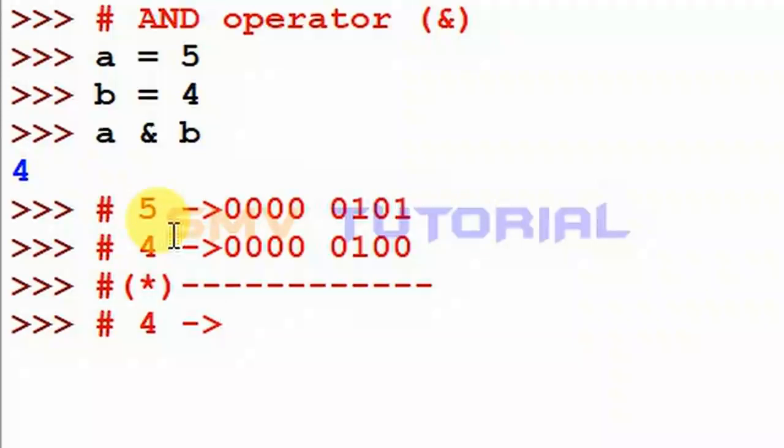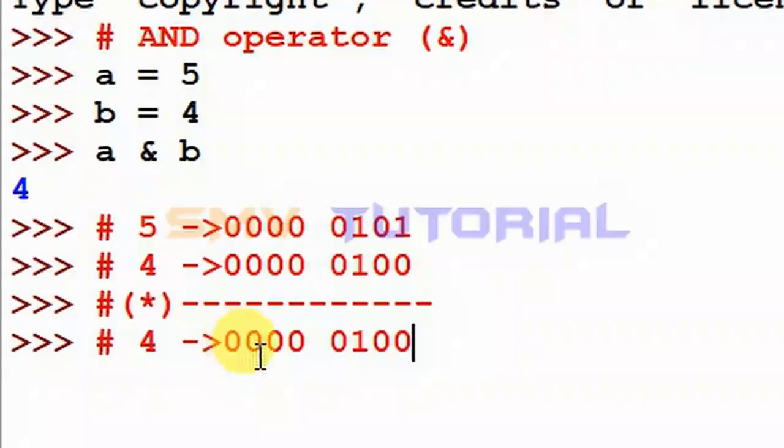The first bits are 0 and 0, so 0, and so on for the zeros. Then 1 and 1 is 1, then 0 and 0 is 0, and the final one is 1 and 0, which is 0, since 0 multiplied by any value is 0. This gives 0000 0100, which is the binary value for 4. So this condition is satisfied for 4.